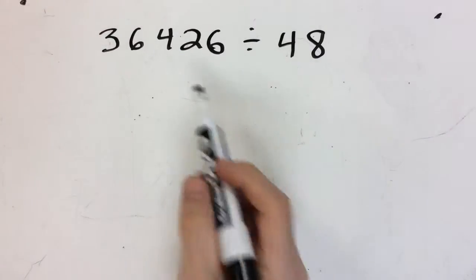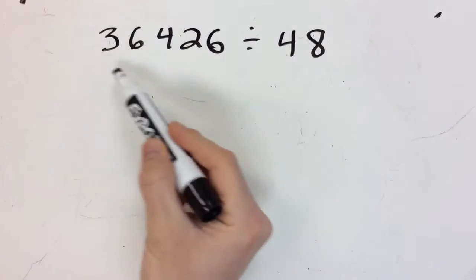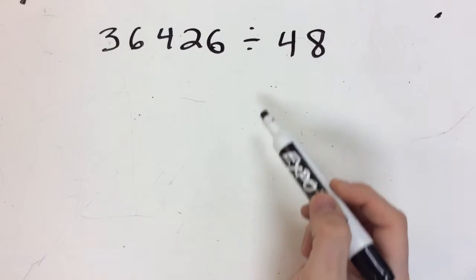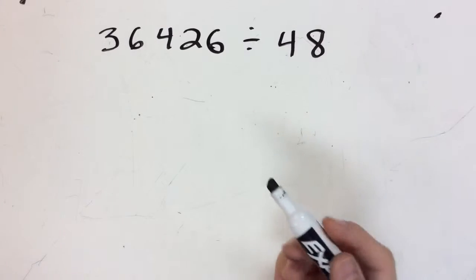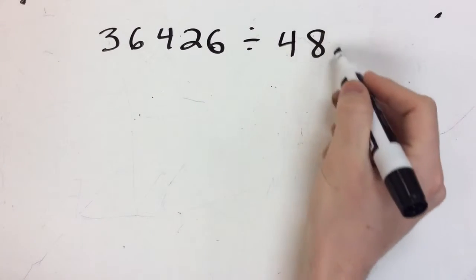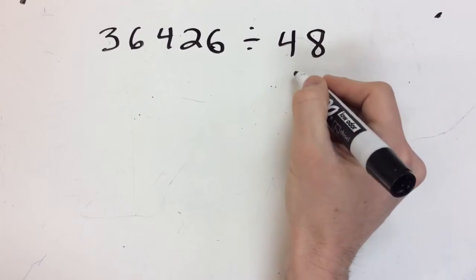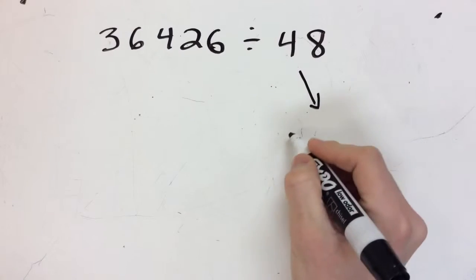Hi guys. Today we're going to solve division problems like this by first estimating and then using the standard algorithm. So first let's estimate. I look at my 48 and I think to myself, that can be rounded to a